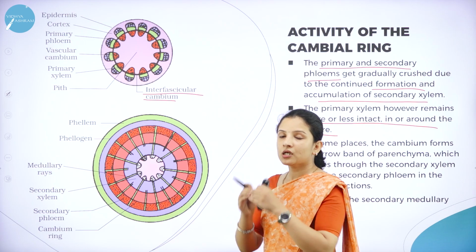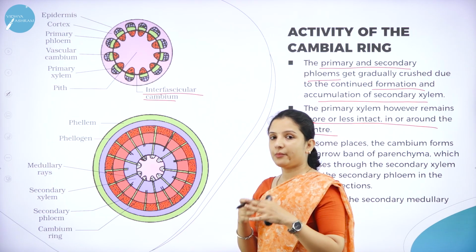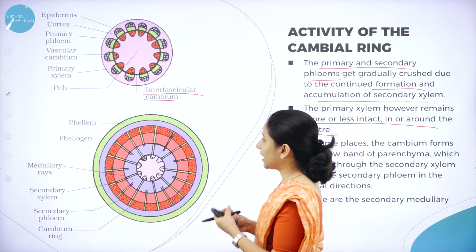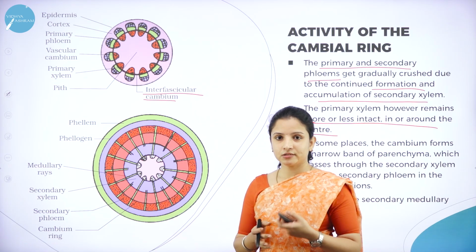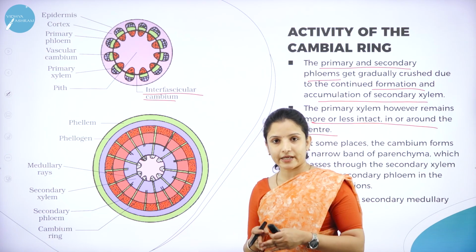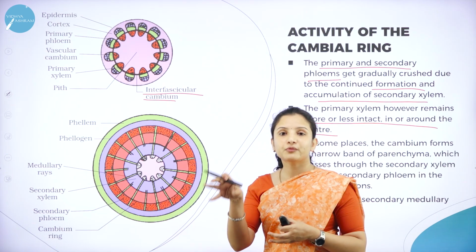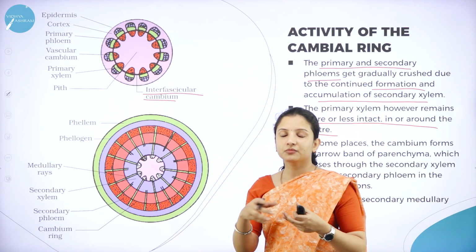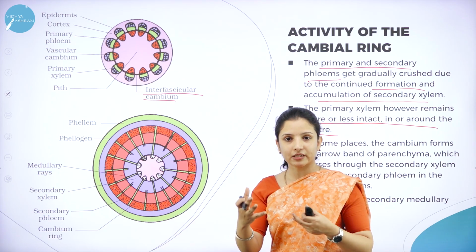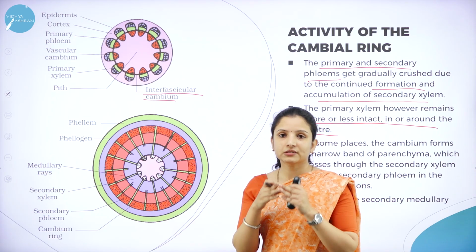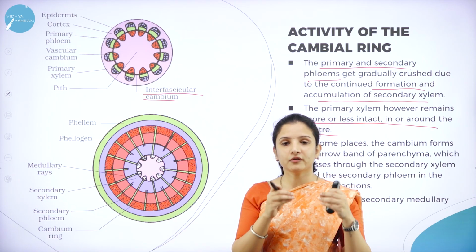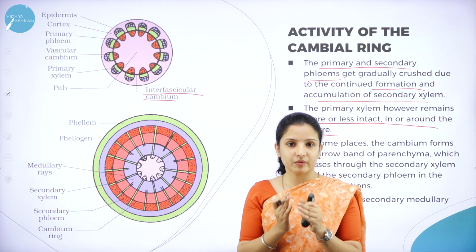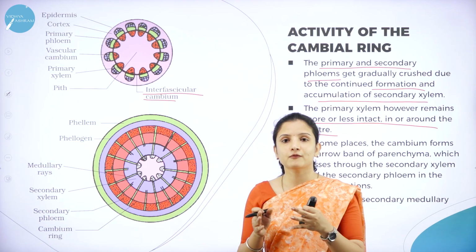Now what is happening? The intrafascicular cambium and the interfascicular cambium are both produced. It is ready. After that, I told you the cambial cells always concentrate more on the xylem. So it gives more importance to the xylem elements, or the primary xylem. Therefore, the primary xylem keeps on dividing and forms the secondary xylem. The formation of the secondary xylem is more when compared to the secondary phloem. So the secondary phloem that is formed is not able to keep pace with the secondary xylem. Therefore, what happens?